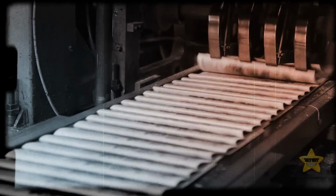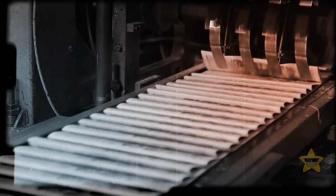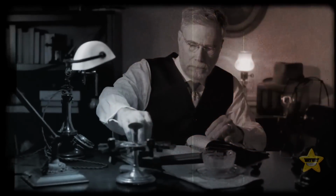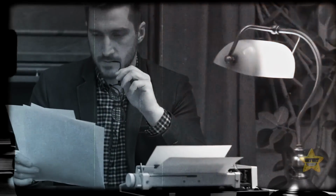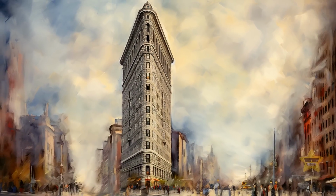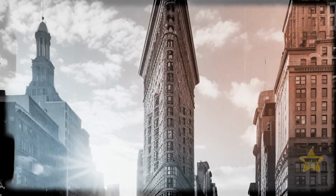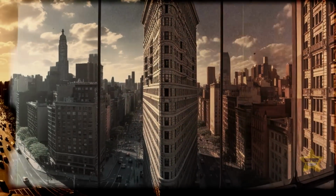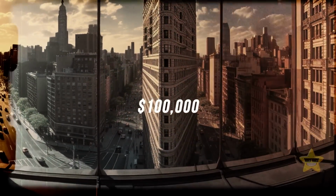It's not surprising that the media expressed skepticism over the new building. Some even called it Burnham's folly. But despite the naysayers over the years, the tower has been home to many companies and retail tenants. Also, the Flatiron attracted crowds of people. Gradually, it became a frequent sight in paintings and postcards, and turned into one of the most popular symbols of New York City itself. In 1929, during the Great Depression, the tower was sold at an auction for only $100,000,